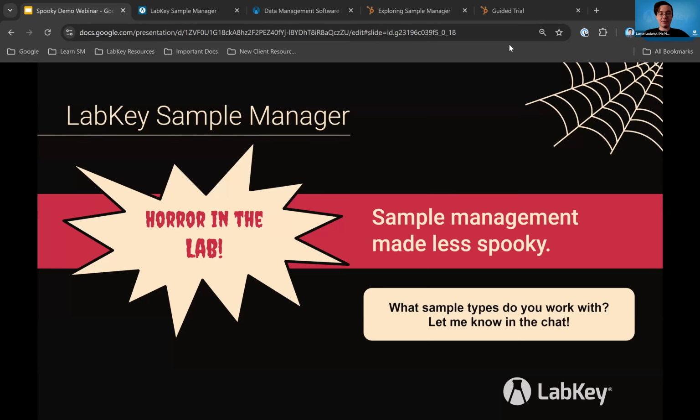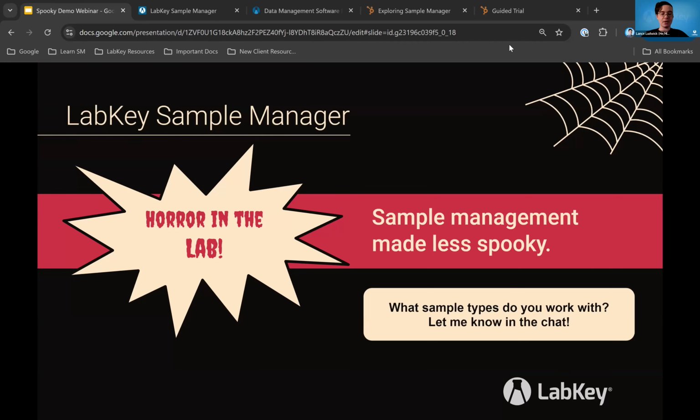For a little bit of background, before LabKey, I was a lab tech and an account manager for an infectious disease laboratory. There, I've worked with different LIMS, Excel spreadsheets, and paper records, so I'm really familiar with the pros and cons of each system. This makes me really excited about Sample Manager because I can see how these different systems come together and how we can help labs improve their sample management in major ways